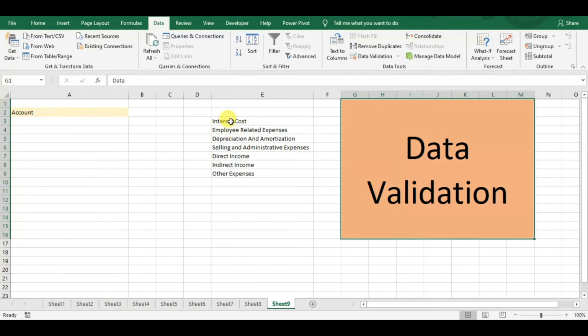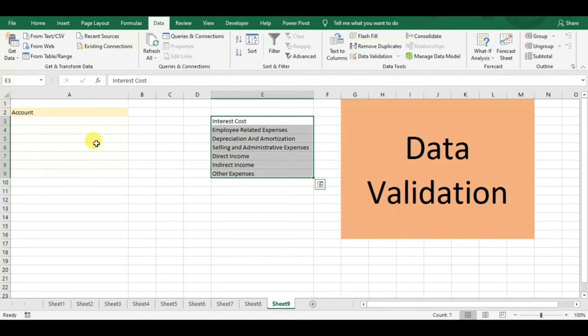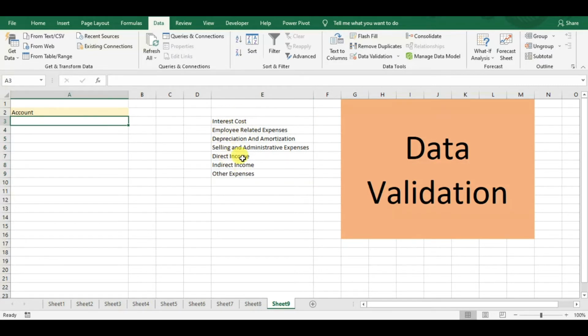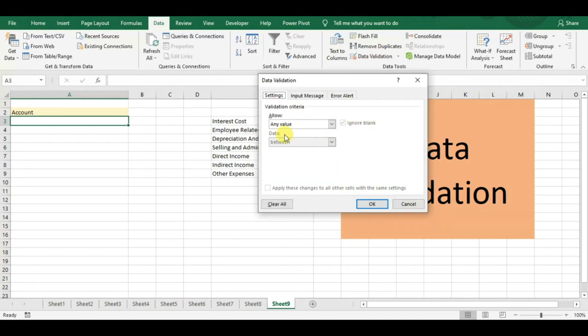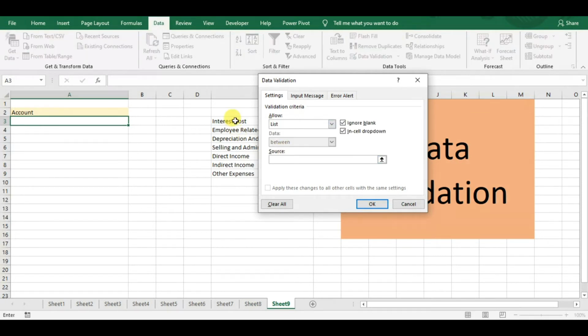Now let's say we have these account names available with us, and whoever is using this Excel sheet, we want them to select or write these account names only, and there should not be any errors. So we want to put the data validation here. What we can do is select that cell, go to the data tab and select data validation. By default it selects any value, but we want it selected from a list, so we'll select the list. We will click here and select the list from where the data should be chosen,